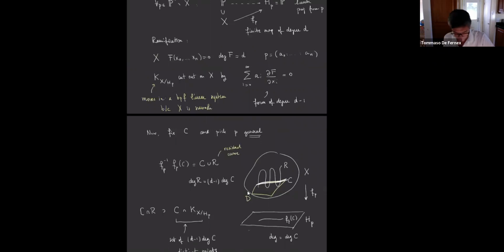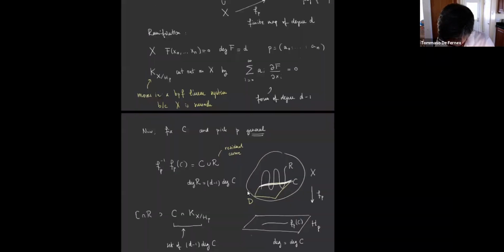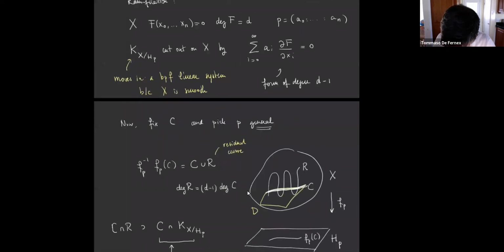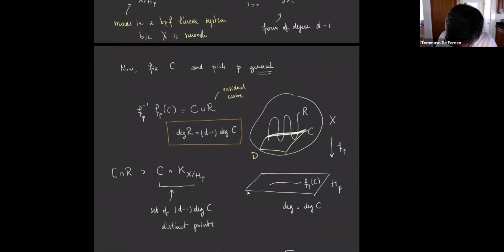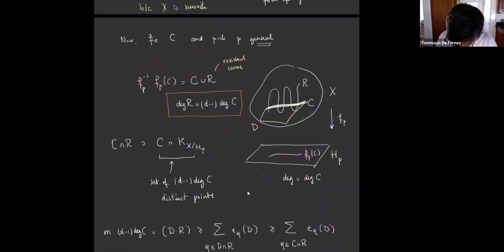The proof works by comparing two numbers, which are the degree of the residual curve intersection with the number of distinct points that you have